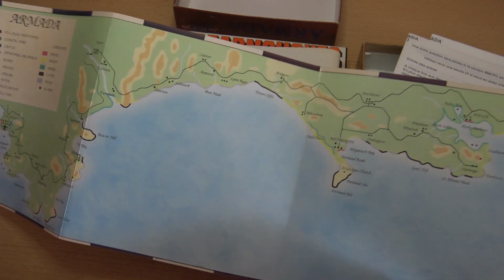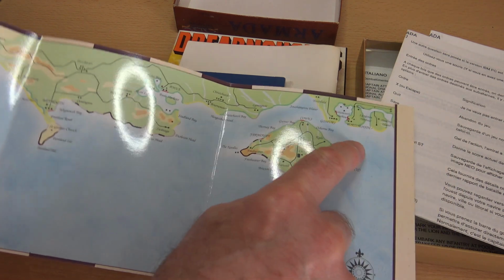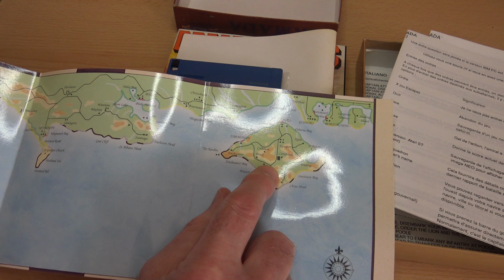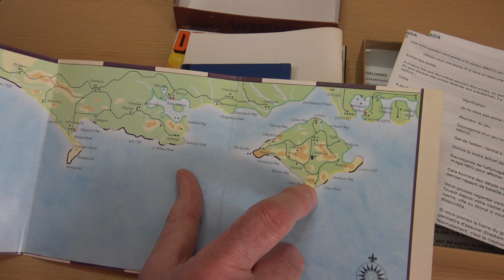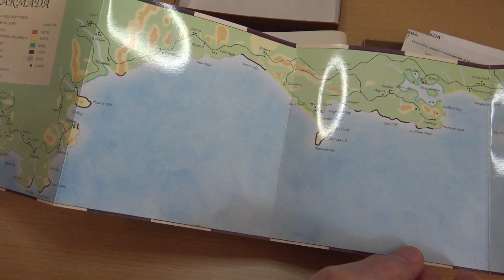If I zoom out again here, you get a map of the whole area of the campaign. It starts off in Plymouth, and the British fleet are chasing the Armada all the way down to beyond the Isle of Wight. I did only once manage to successfully land an army on the Isle of Wight and capture Carisbrooke Castle and so on. That's another nice thing, that there are fortifications on land that can actually fire at the ships and so on. So it was a really, really absorbing game,